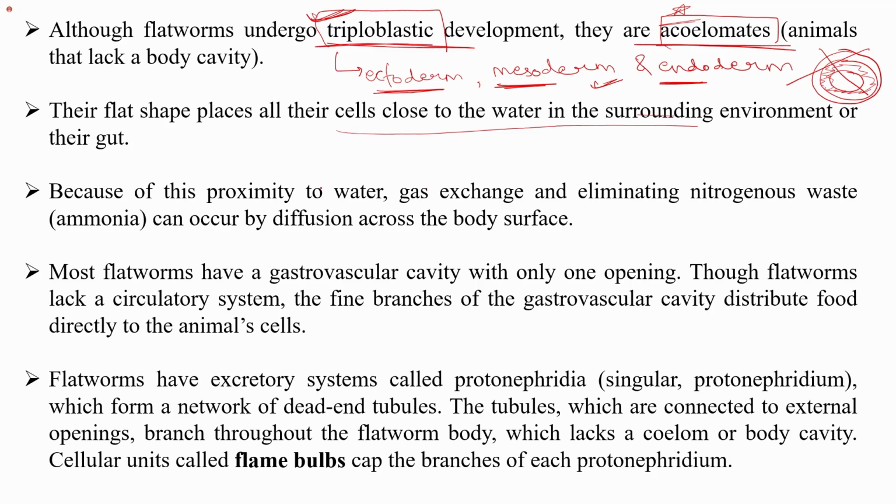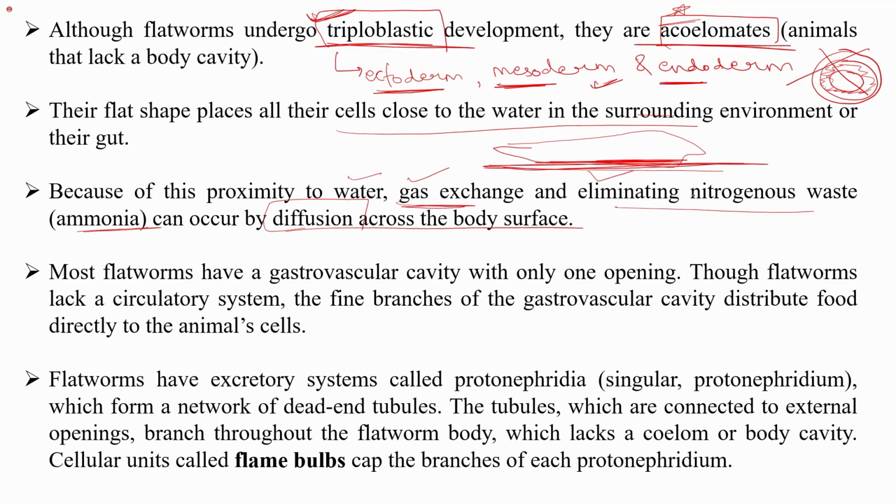And because of this proximity, gas exchange and elimination of the nitrogenous waste, which is ammonia, can occur by diffusion across the body surface. So basically the respiration or the exchange of gases or the waste material may take place by the process of diffusion easily across the body surface. If they are flattened, most of the cells will be in contact with the environment, right? So this flattened shape allows most of the cells to be in contact with the environment, allowing greater exchange of water, gas, or the elimination of waste across the body surface by the process